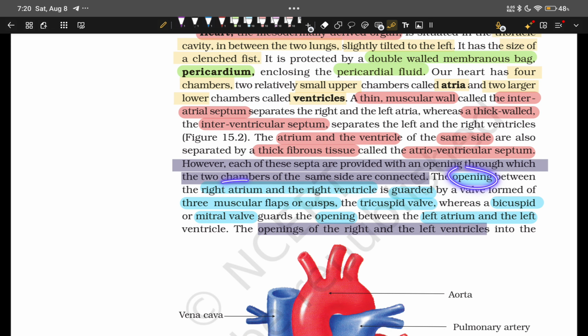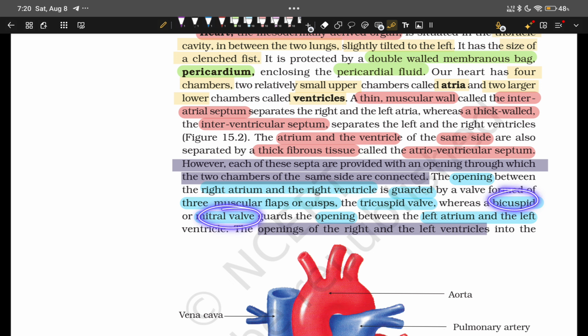Now the opening between right atrium and right ventricle is guarded by a valve. Valves are basically three muscular flaps or cusps. If I talk about right atrium and right ventricle, then it's guarded by tricuspid valve, which is made up of three muscular flaps or cusps, so it's called tricuspid valve. If I talk about left atria and left ventricle, then the opening between them is guarded by a valve which is called bicuspid